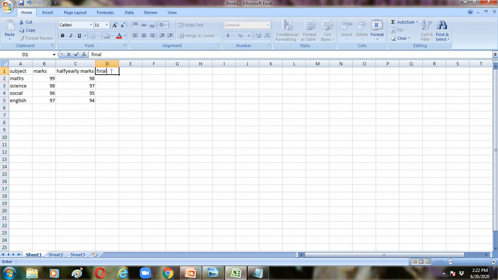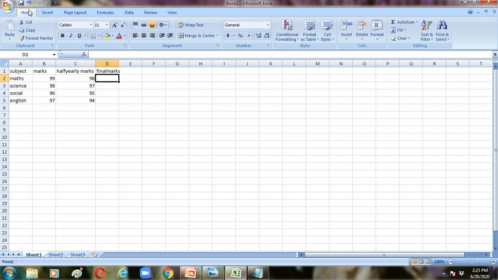Final marks is nothing but your quarterly marks plus half yearly marks. We can use the AutoSum function here. How do we apply the AutoSum function? The AutoSum function, besides being the common and fastest way to find the total of the given numbers in a range, also provides options to find average, count, maximum, minimum. You can find this option in two places in our Excel sheet.